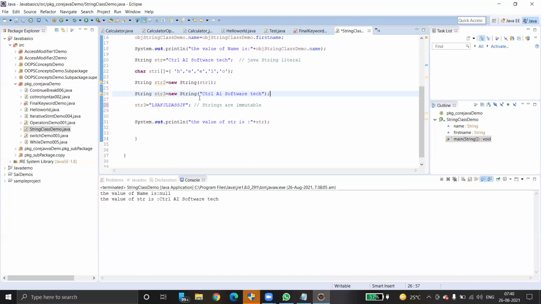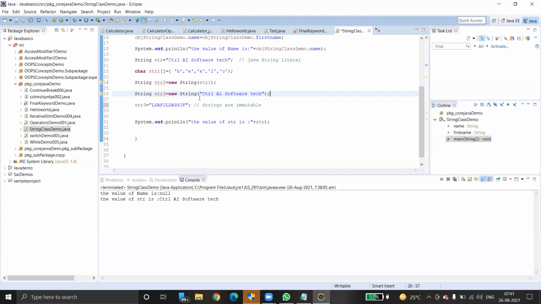We have charAt, equals, equalsIgnoreCase, and compareTo, so we can compare two strings. We can split the string. We can check whether it starts with or ends with something. We can check the index value of a particular character in the string. We can take a substring of the entire string. We can concatenate two strings, concatenate means adding, that's all. And then replace the string with another. So many methods are there.